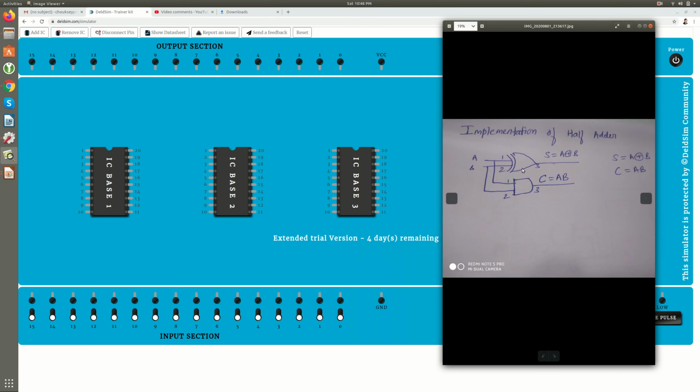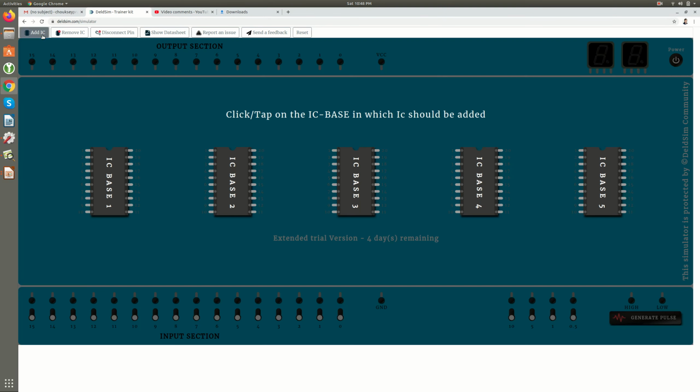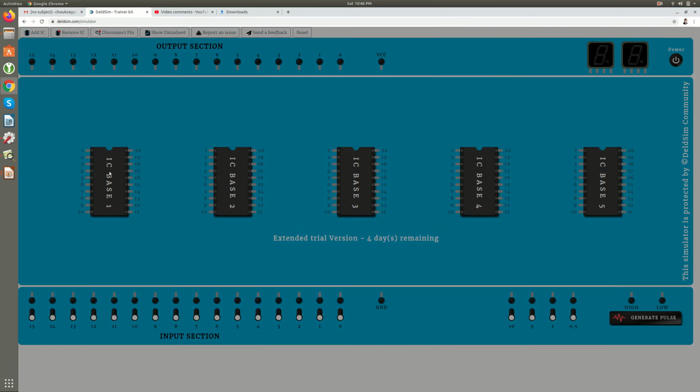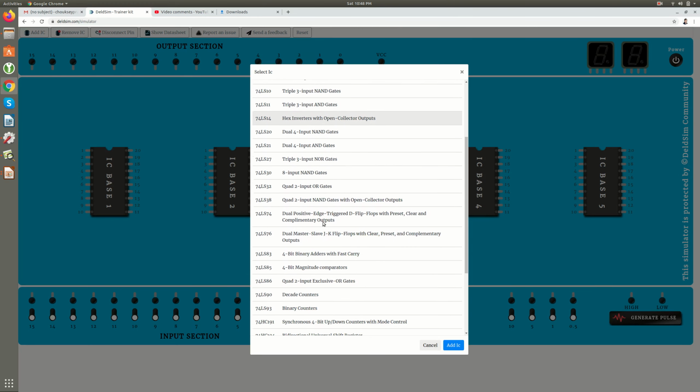So here you can see that this is the XOR gate and this is your AND gate. That means two sockets will be required, one for the XOR gate and one for the AND gate, right? I'll just place an IC here. Which IC will I require? An XOR gate IC is required.